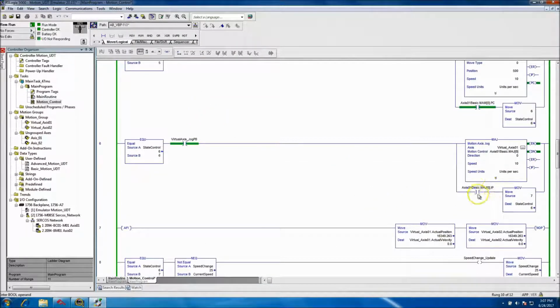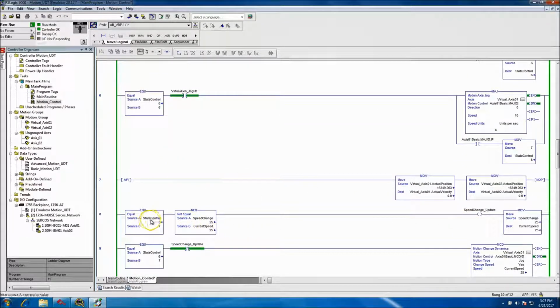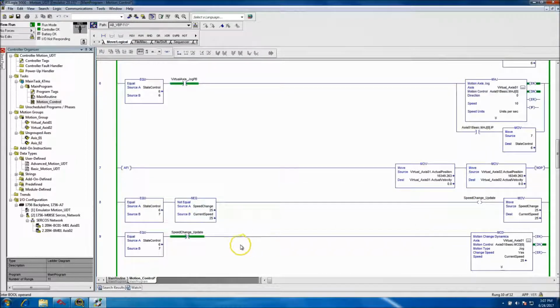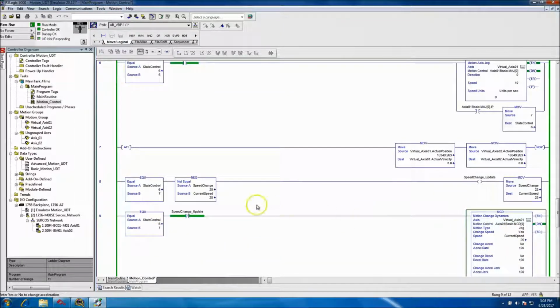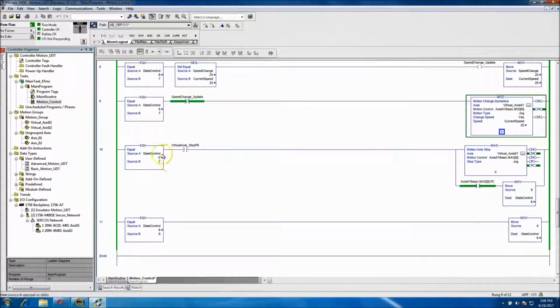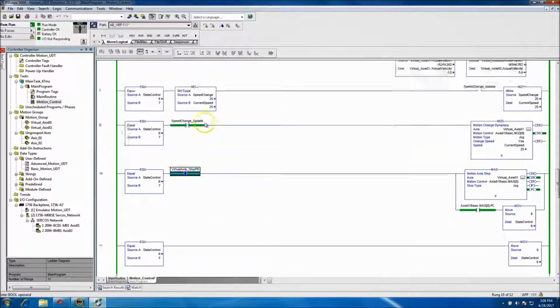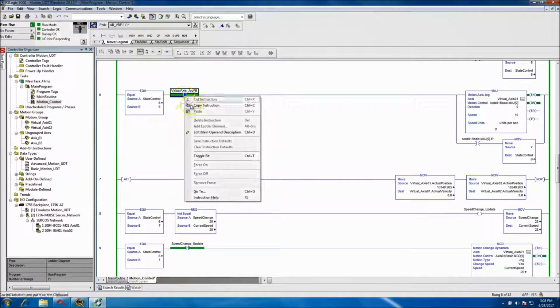So this is going to 7. This is going to 7. Or if 7 allows speed change, if 7 allows dynamic change. Alright, so if 7 allows stop. Yeah, if 7 allows stop. But if I hit stop and it's in jog,